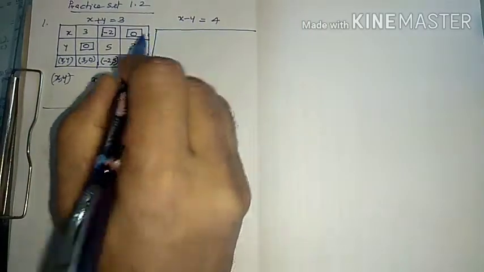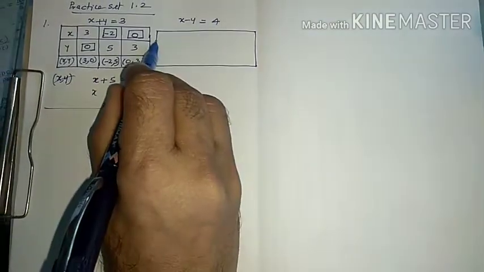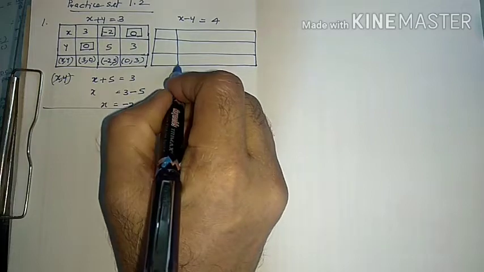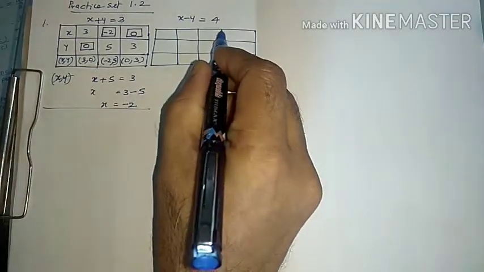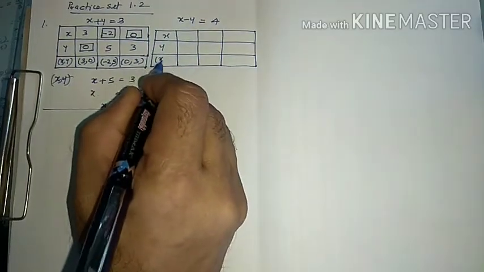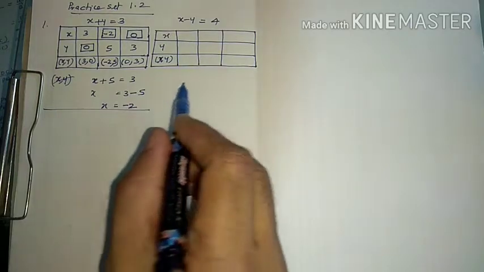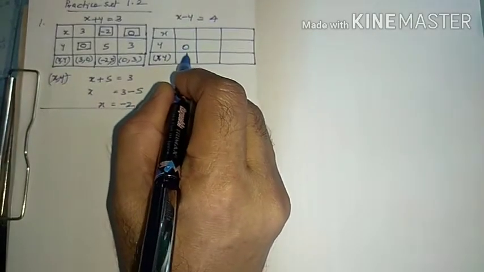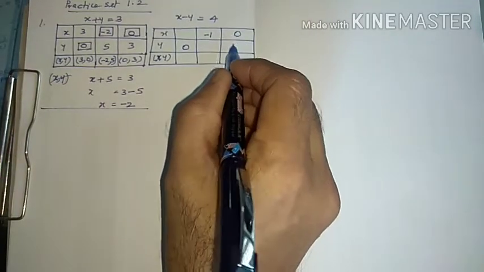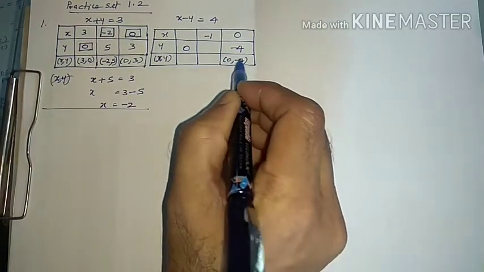Here also we have to make 3 coordinates. So we make horizontal like this, 3 parts, and here 1, 2, 3. Here this is x, here it is y. Third one is x, y. The values are given. Here given 0, minus 1, x value minus 1. Here it is 0, minus 4.